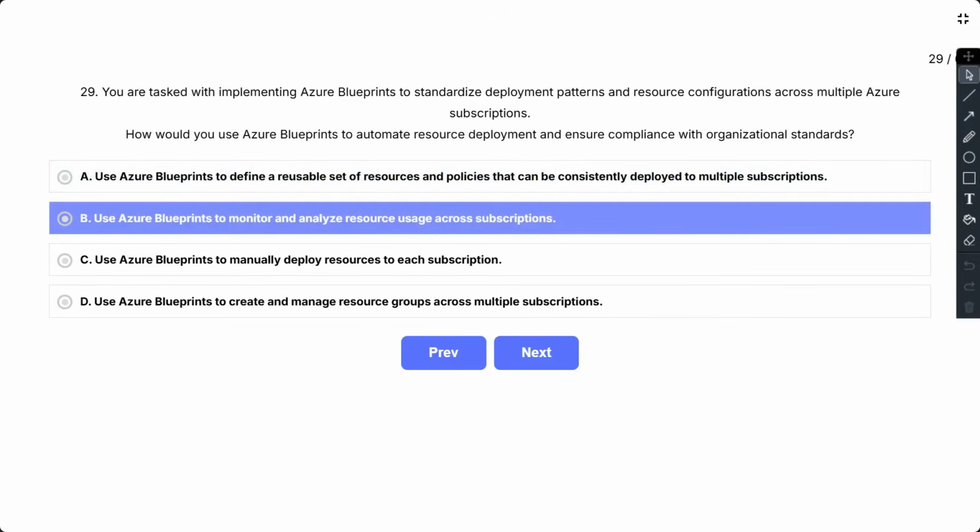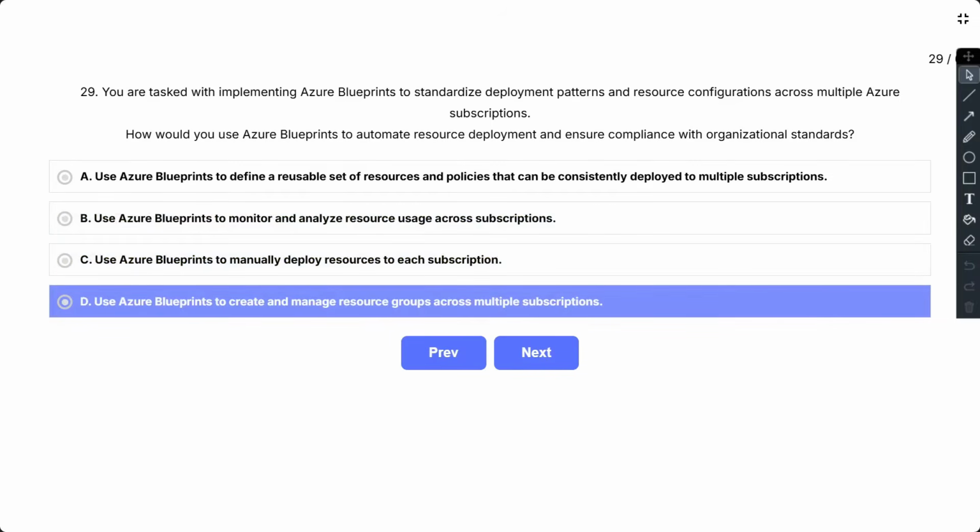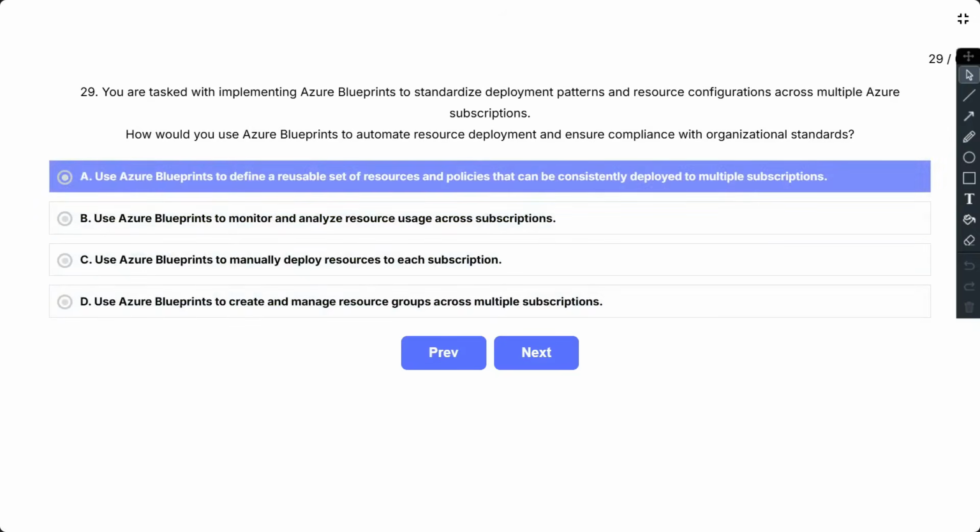B. Use Azure Blueprints to monitor and analyze resource usage across subscriptions. C. Use Azure Blueprints to manually deploy resources to each subscription. And D. Use Azure Blueprints to create and manage resource groups across multiple subscriptions. So the correct answer is A.